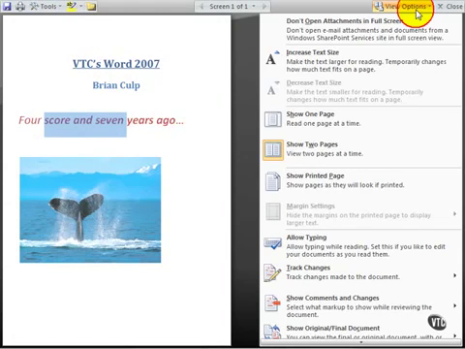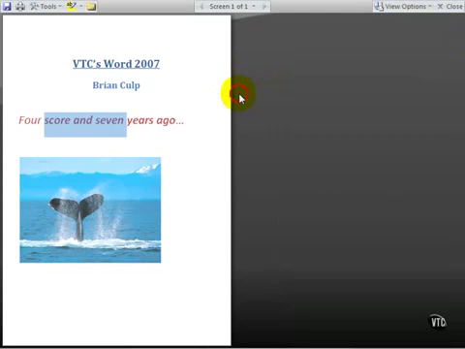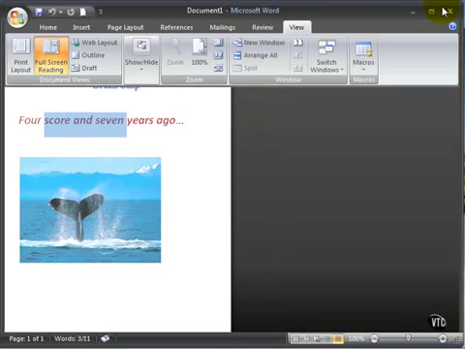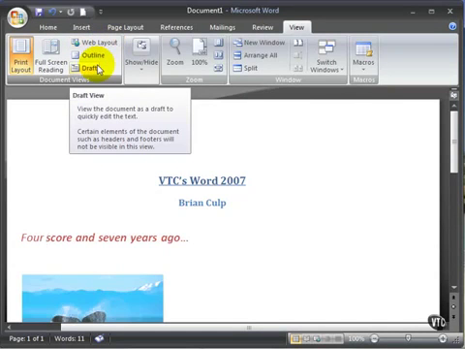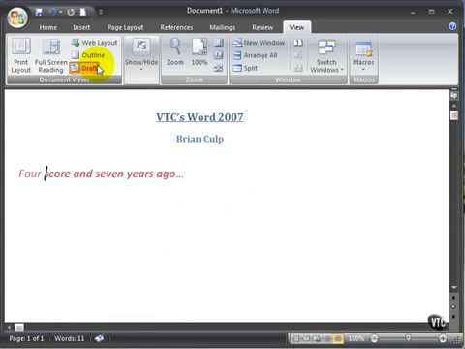I have other view options like to increase text size, to show one-up pages or 2 pages at a time. And when I'm done with what I need to do in this full screen reading view, I can close out of it just by clicking close in the upper right hand side. Web layout shows me the document as if it were a web page, or as it would look on a web page. The draft gets kind of everything that's unnecessary out of the way, the headers and footers, and even the picture. Notice if I click on draft here, that picture goes away,